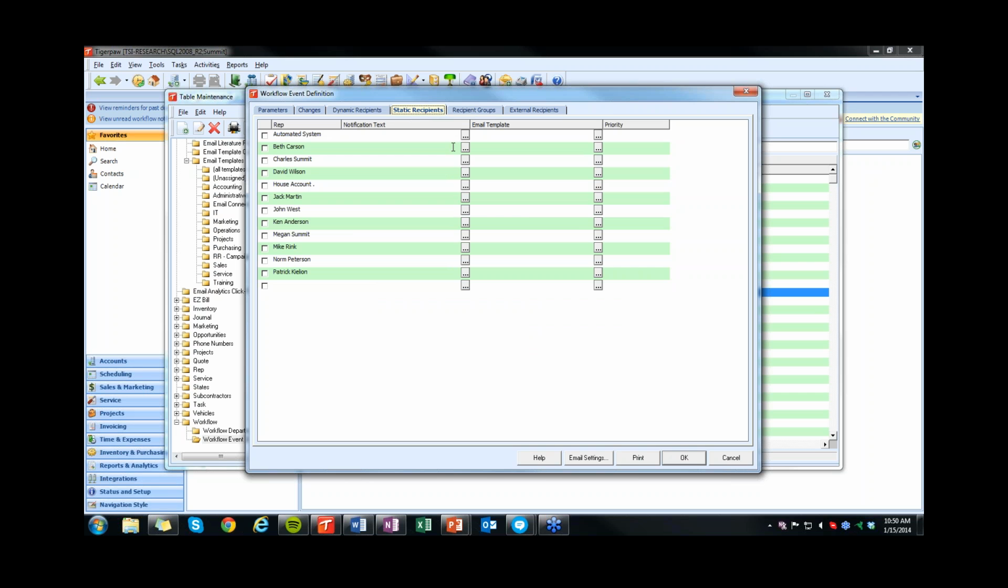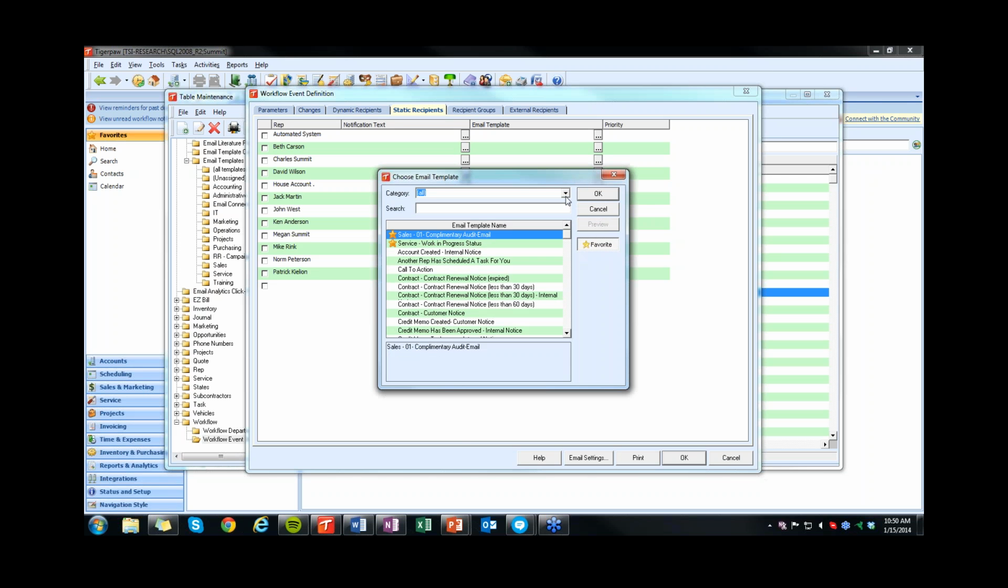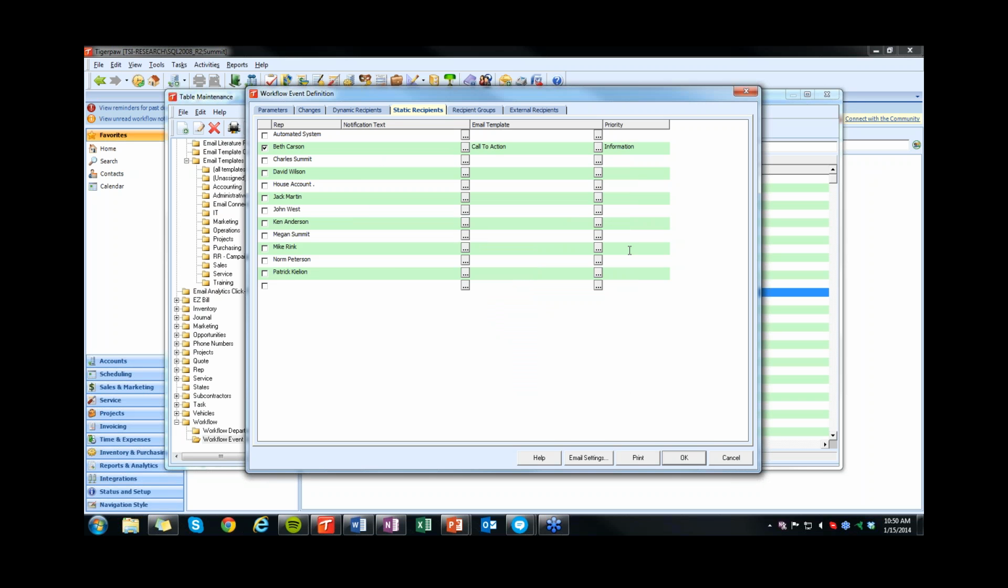All we need to do, if we want a pop-up, is click on the ellipsis and type in that information. If we want to use an email template, we click on the ellipsis over here, select the email template that we want to choose, and now we have that added. So when this triggers, it looks like Beth will get an email, the call to action email that we created